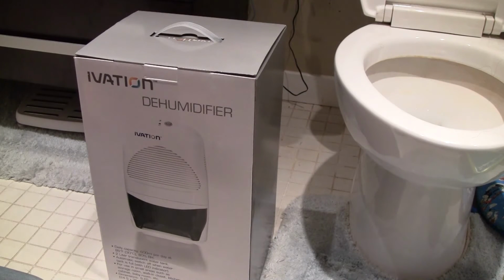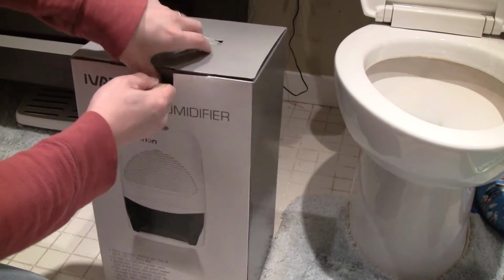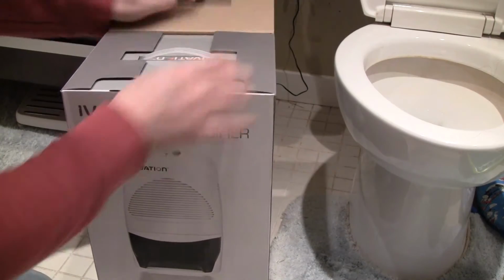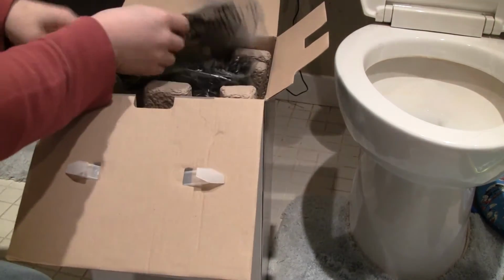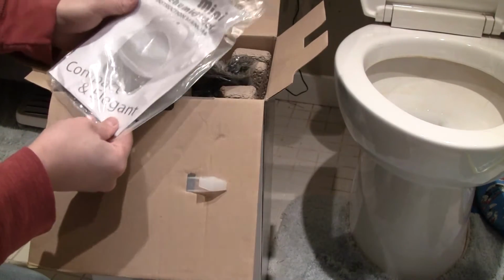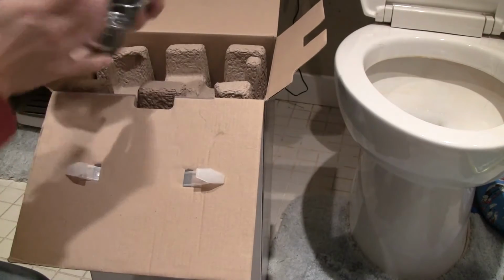So this is the Ivation Dehumidifier. I bought this one to treat this wet, very humid bathroom. So let's open it up. Manual, power adapter,